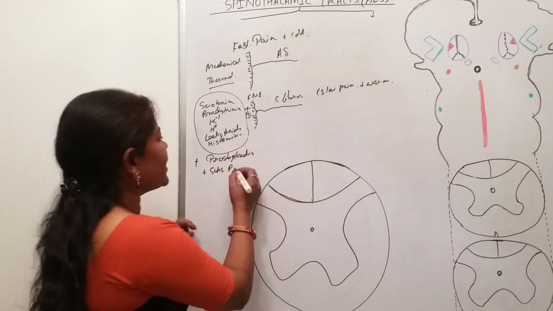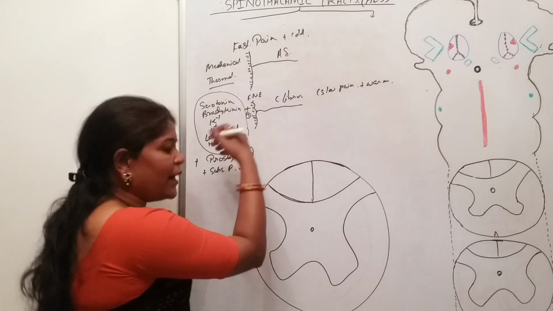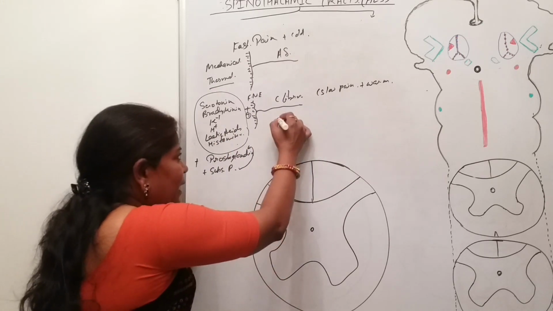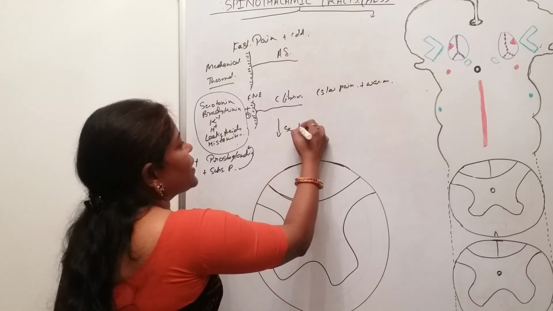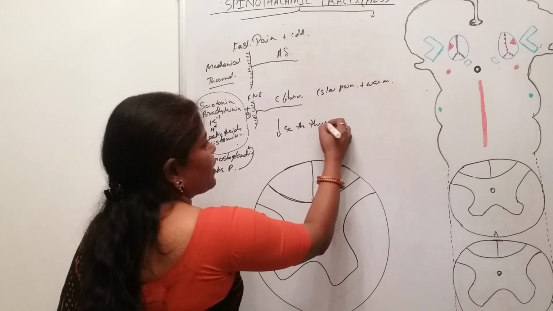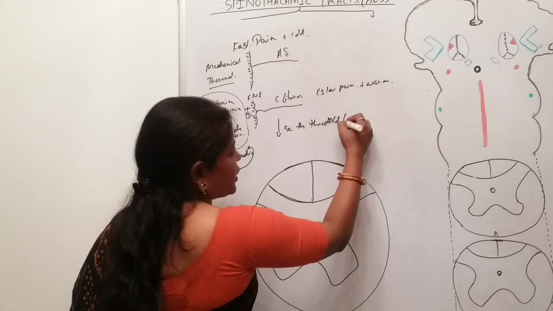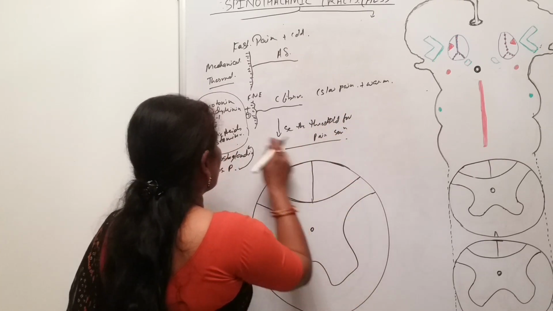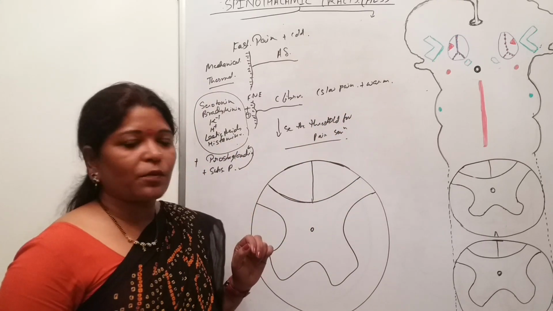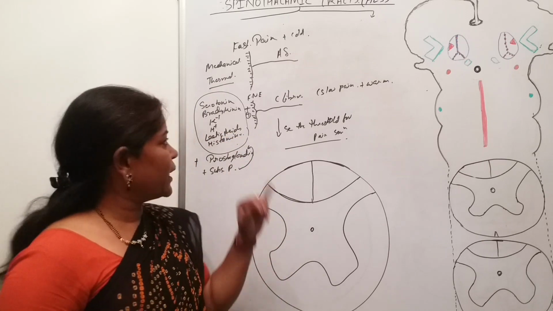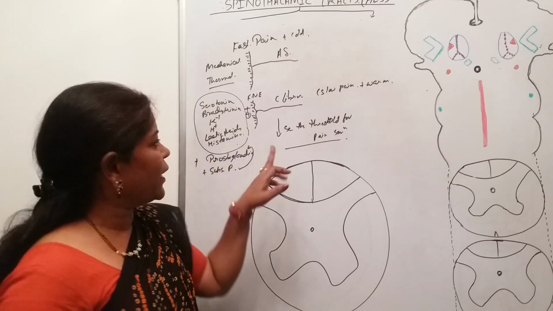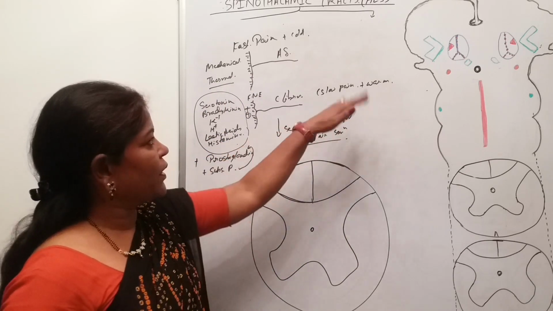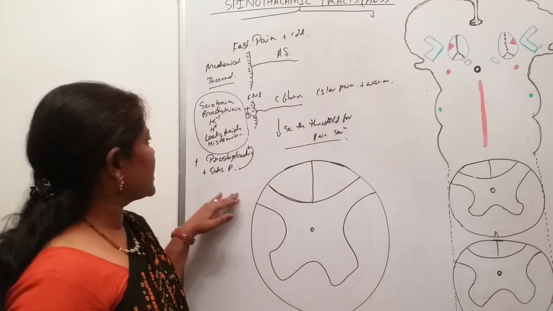So will it directly stimulate these nerve endings for the transmission of the slow pain? No, it will indirectly stimulate the slow pain fibers. How? By decreasing the threshold for the pain sensation. This is the beauty of prostaglandin and substance P. They do not directly activate or stimulate the free nerve endings; rather, they decrease the threshold for the pain sensation which is mediated through the C fibers. So it is like that.